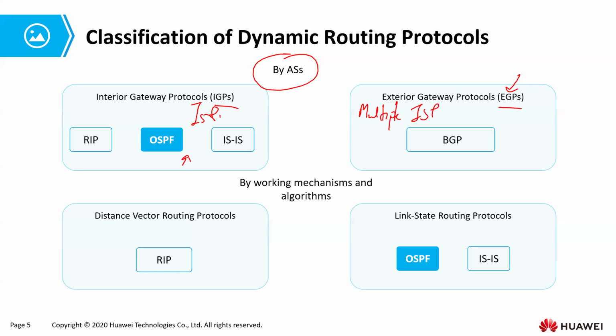Then we have, by working mechanism, distance vector and link state routing protocols. Distance vector shows us the distance, basically how far in the direction, which is the vector part, and in what direction a route is. That is what a distance vector routing protocol shows us. A little different with link state. This one shows us the routes. Where are the routes? With link state routing protocols, these ones,